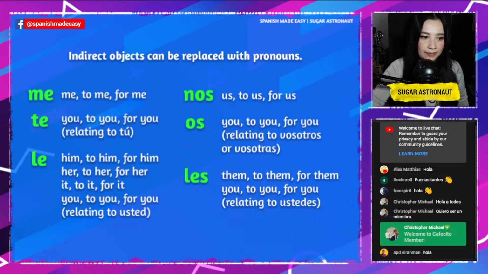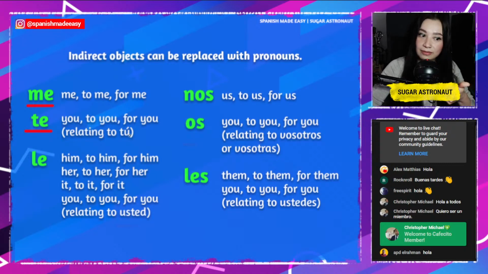Now, the first one is me. Me means me, to me, or for me. Very versatile, and all of them are very versatile. But yeah, me means me, to me, or for me. Te